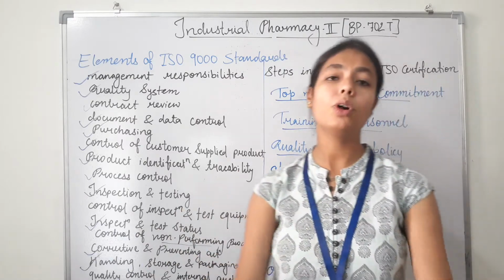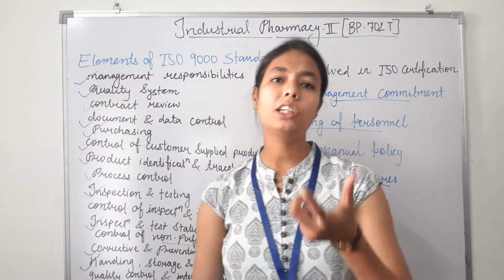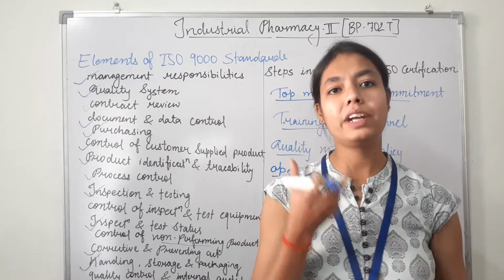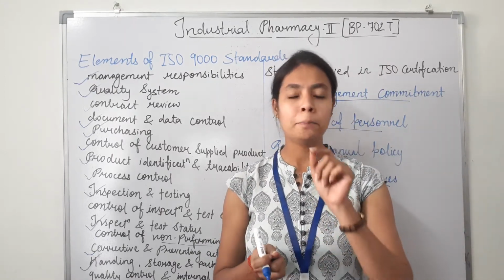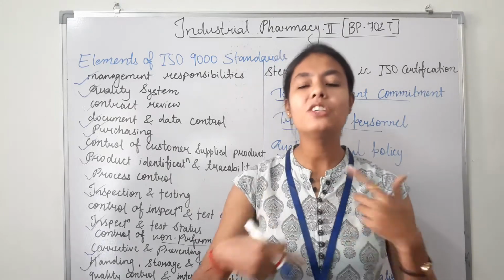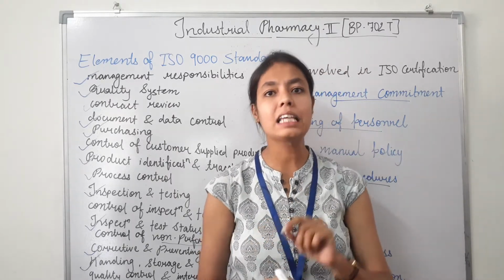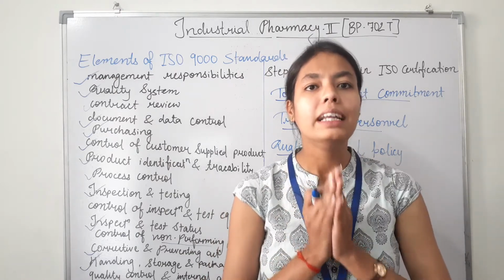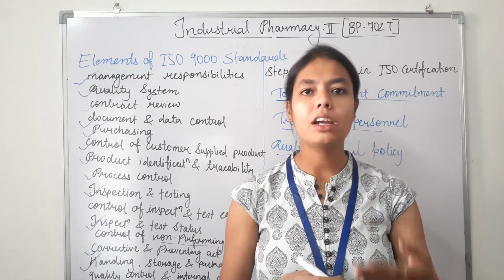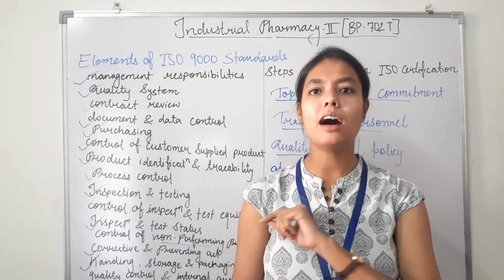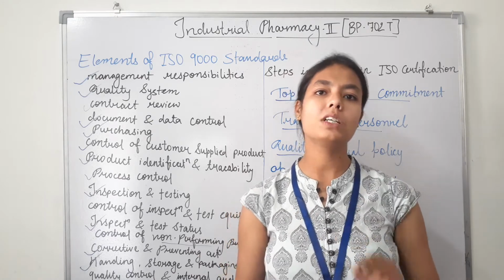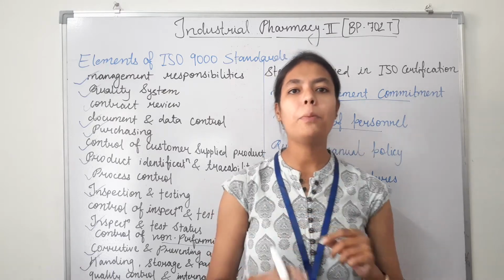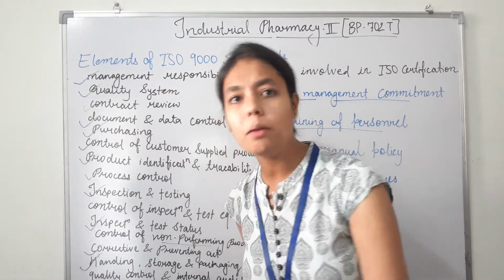Apart from that, if we want to make a quality product, the personnel who work in an organization must be trained. So training of personnel is concerned with the competence of the personnel to do their assigned task where a lack of skill or qualification is found. The staff need to attend internal and external training courses. If a member of staff is new to the task, then efforts must be made to train them, and the staff performance needs to be regularly appraised and recorded. So this is all about the training.